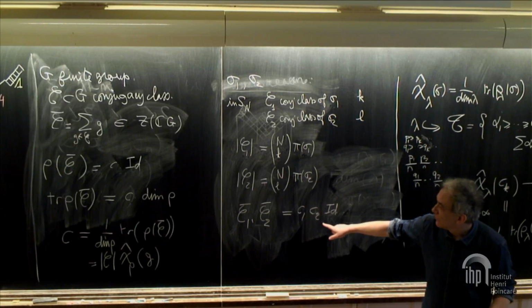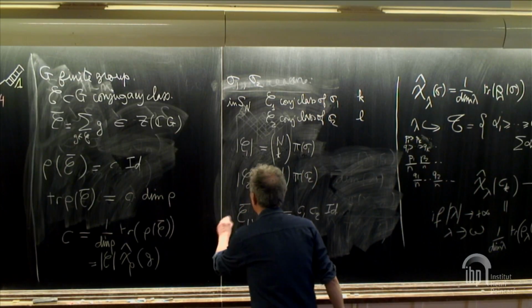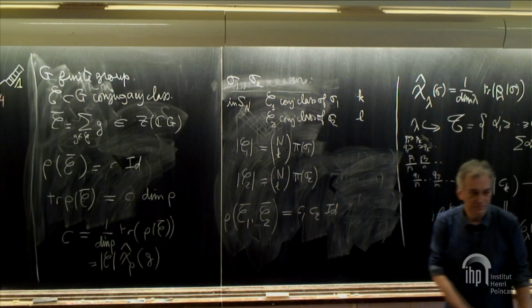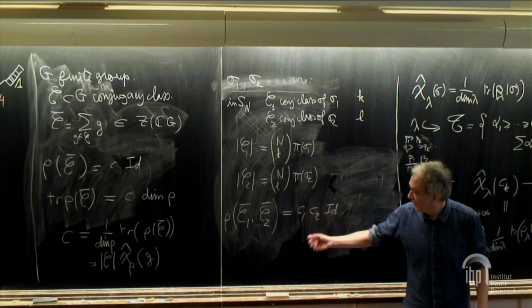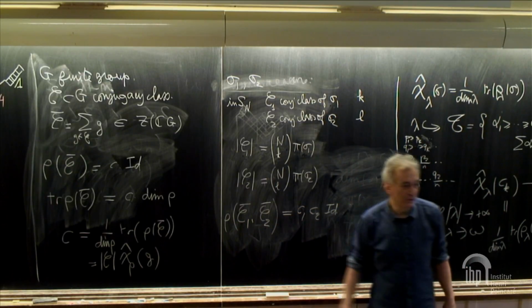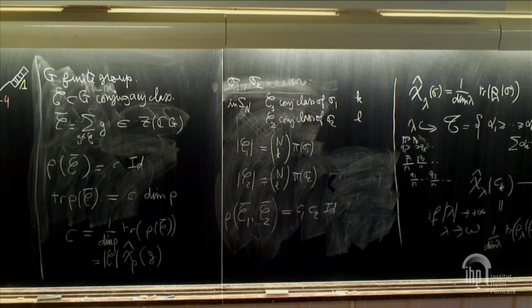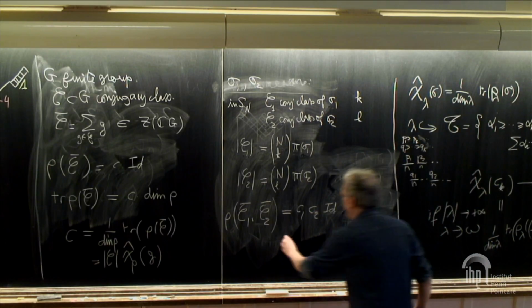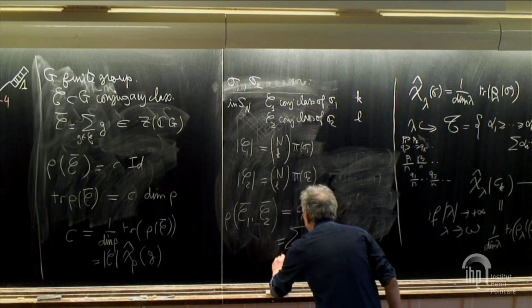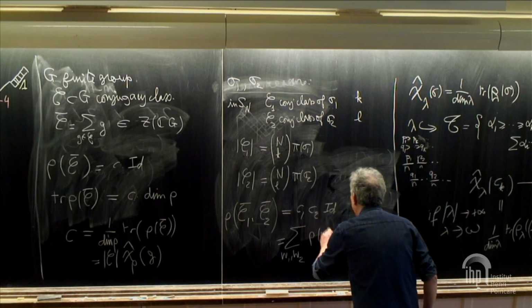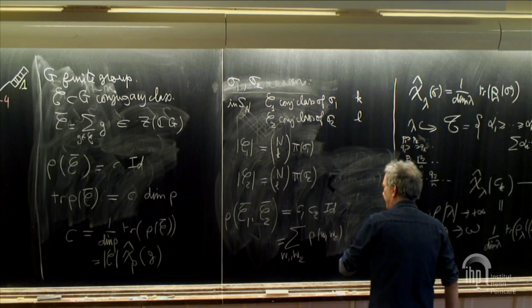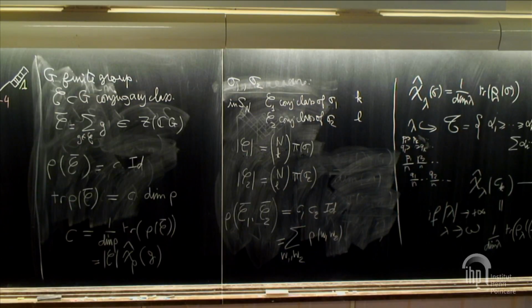Okay, so this is rho of this one. I evaluate these elements in the irreducible representation. Then this is a multiple of the identity. And since it's a product, I just take the product of two multiples of the identity, so it is clear. And now this is the sum over W1, W2 of rho of W1 times rho of W2, okay? And now what I claim is that